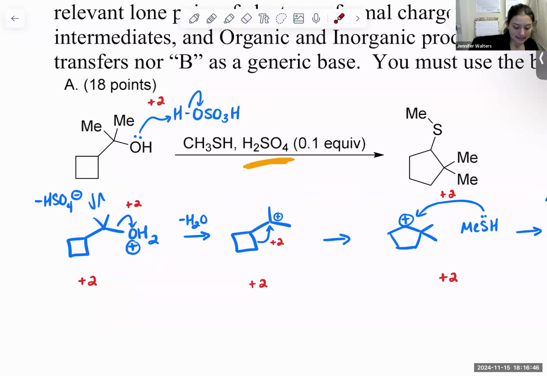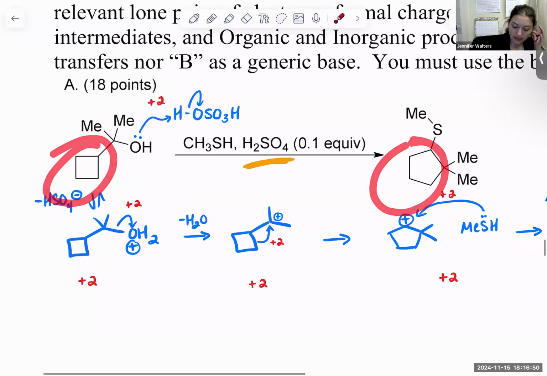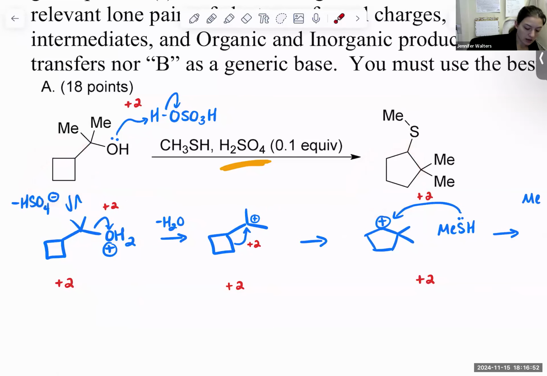The fact that I go from a 4-membered ring to a 5-membered ring is telling me that I need to do an SN1 reaction. I knew it was substitution because I'm going from the alcohol to a thioether, so one functional group to another functional group. The ring size changing tells me rearrangement. So small ring to large ring